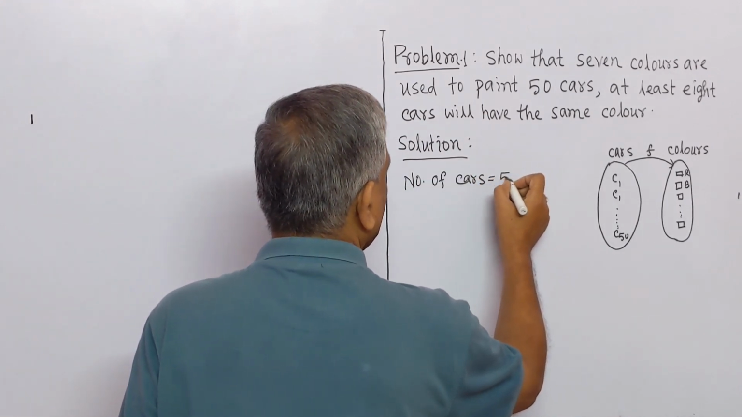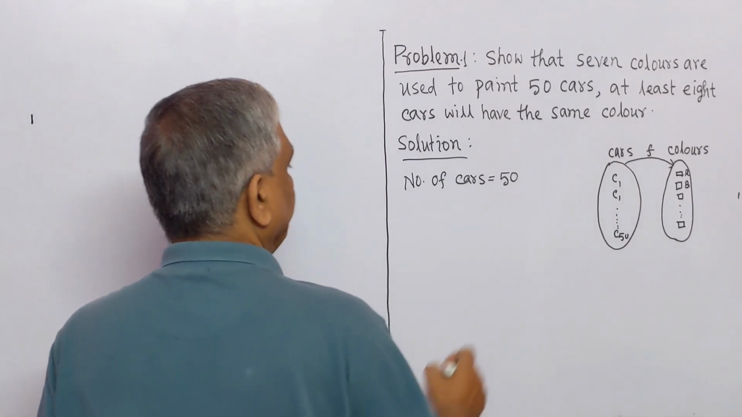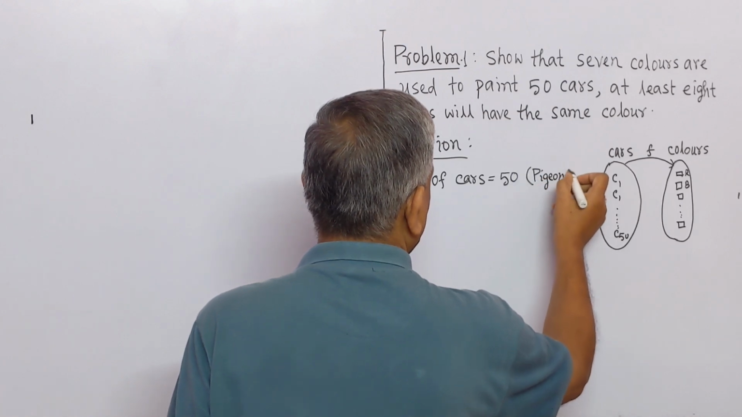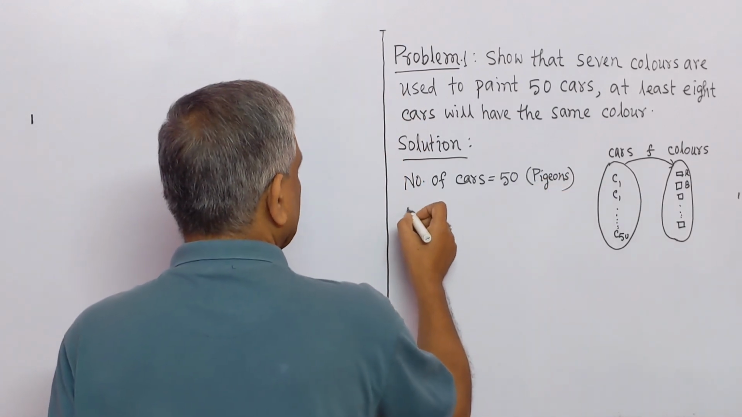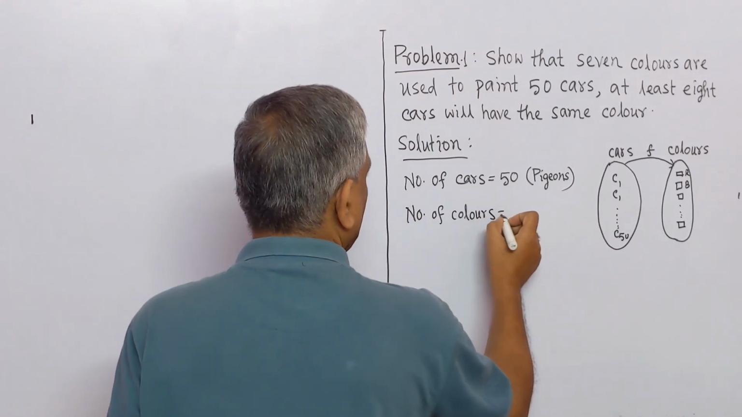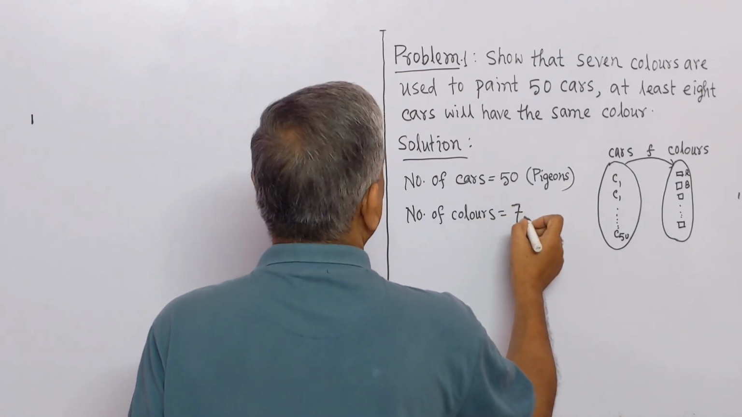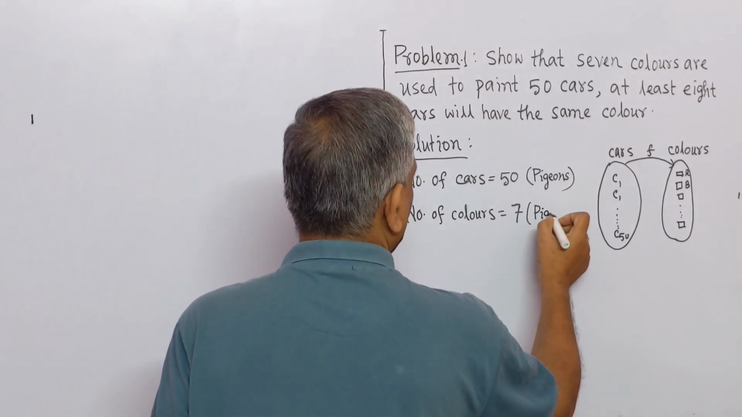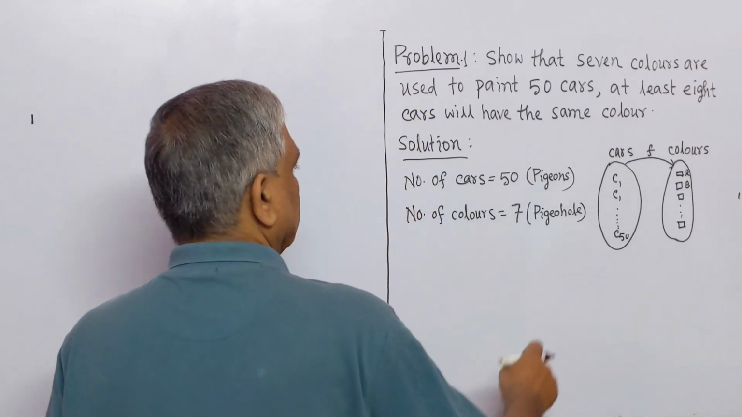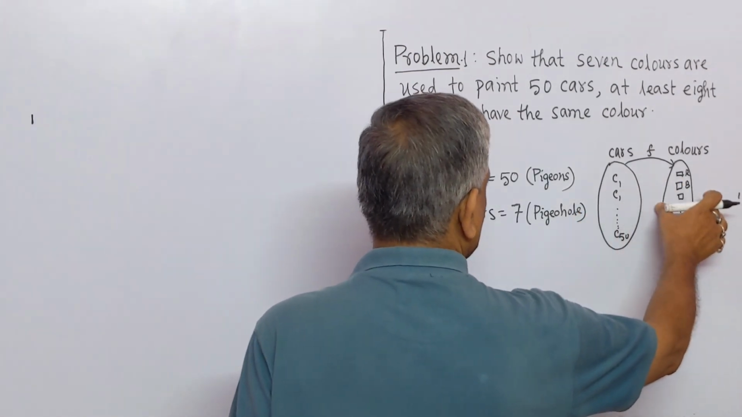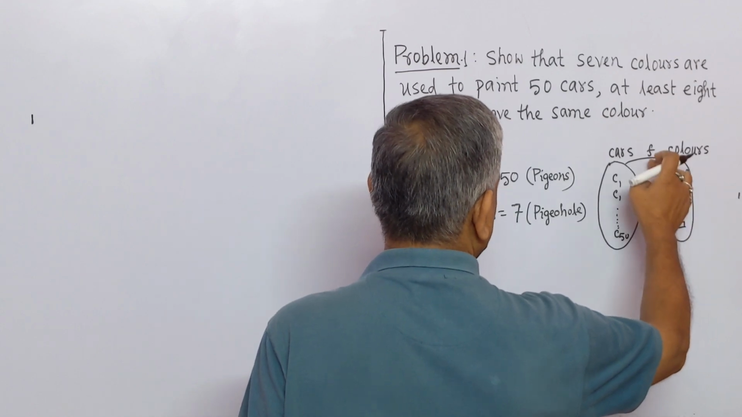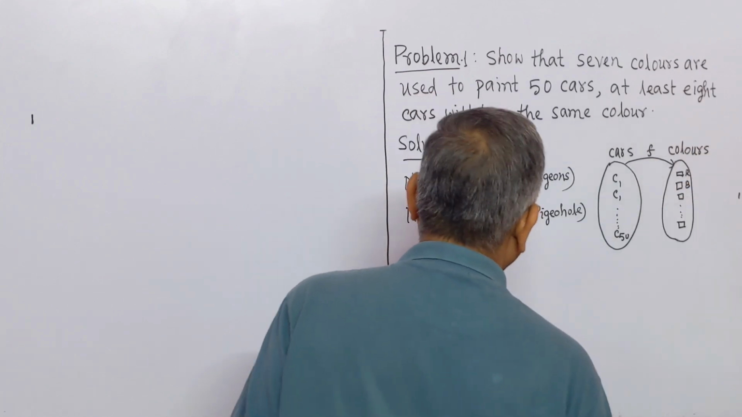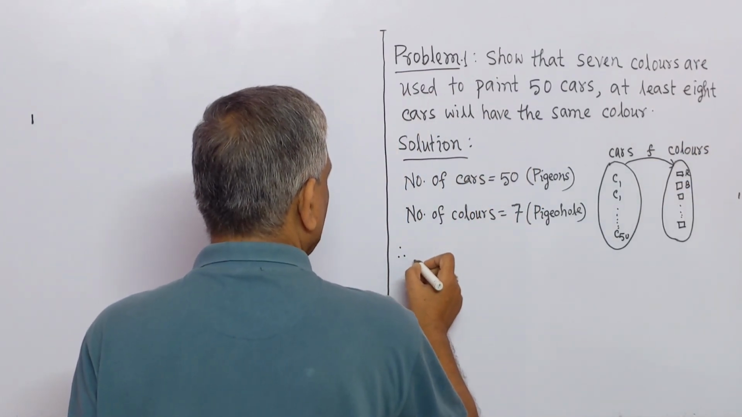equal to 50. We may compare this with pigeons. And number of colors equal to 7. We may compare this with pigeonhole. This is the set of cars and this is the set of pigeonholes. F be the mapping defined on the set of cars into set of colors. Therefore, by pigeonhole principle,